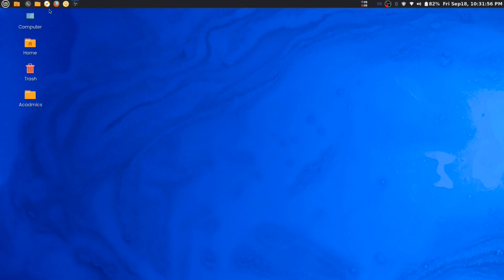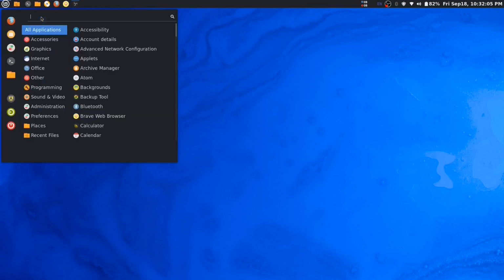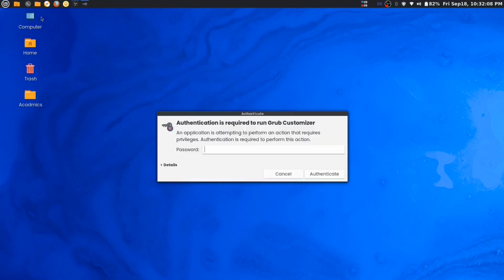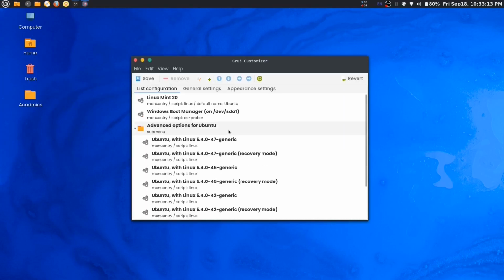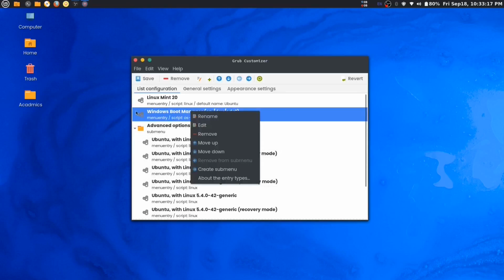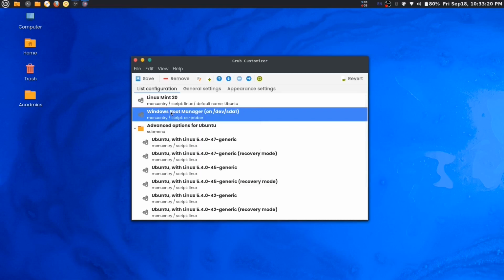One more thing I need to tell you: if you want to rename some of the list items that you have, you can also do that with Grub Customizer. So let me open Grub Customizer, and let's say you want to rename this. You right click on Windows Boot Manager, or whatever you want to rename, and double click it and you will be able to rename it.